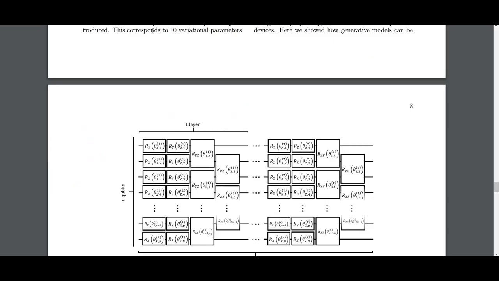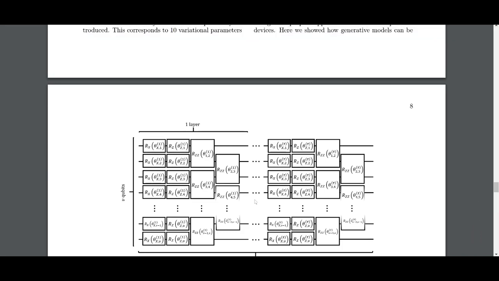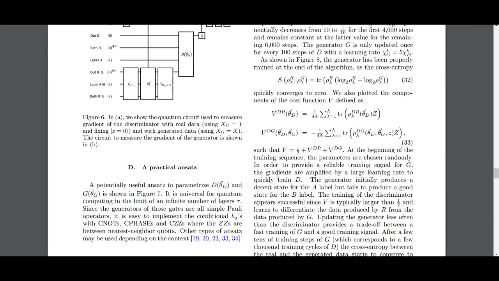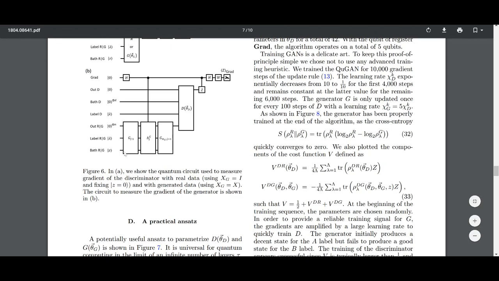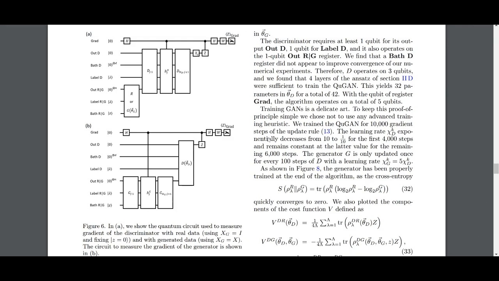The paper size is enough, as they proved in the experimental results. And it doesn't have this bath thing here, this last one. So it just has the label and it has the out. Then D